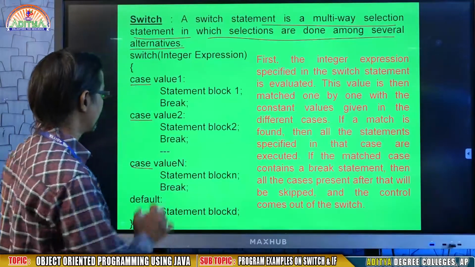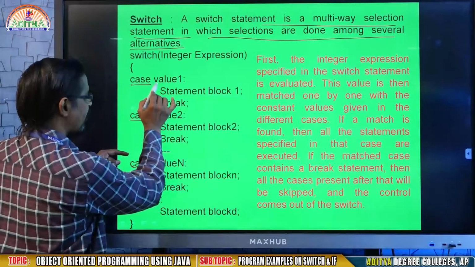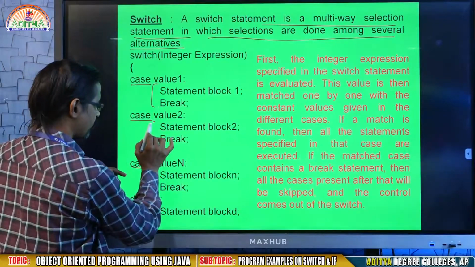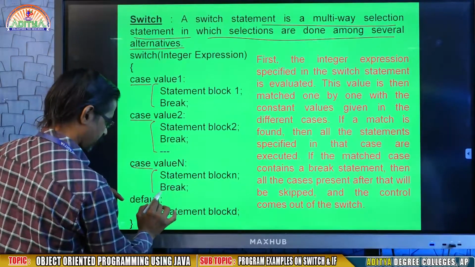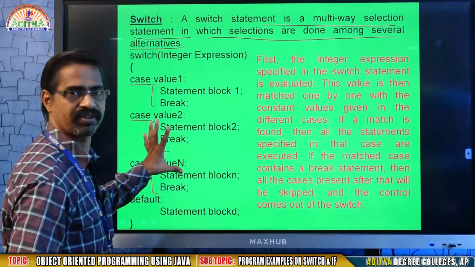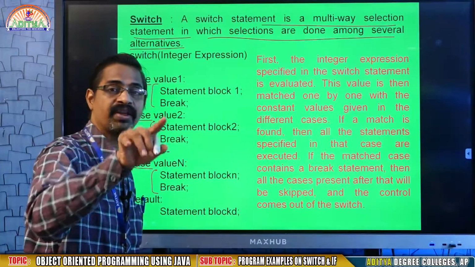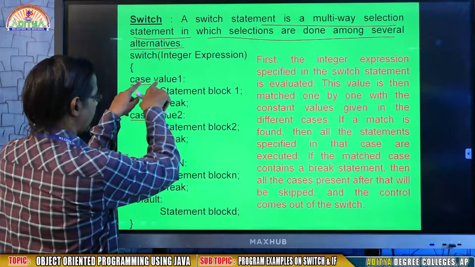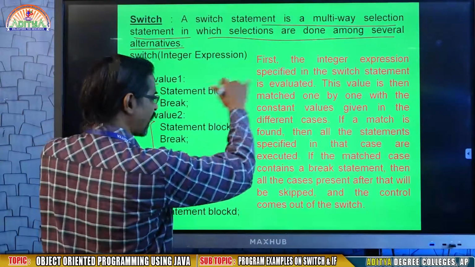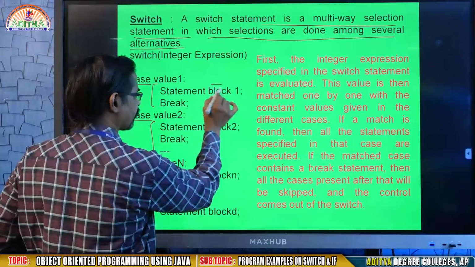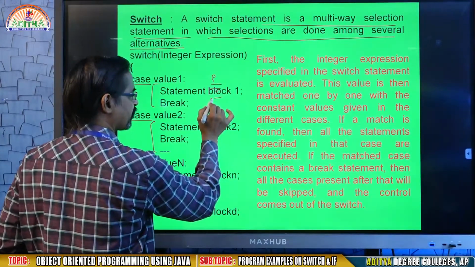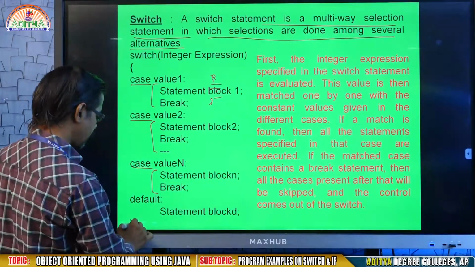Inside the cases, there will be a block of statements. You may write any number of statements, but don't put braces. After case you may write your statement block directly like this, but don't keep it in braces.